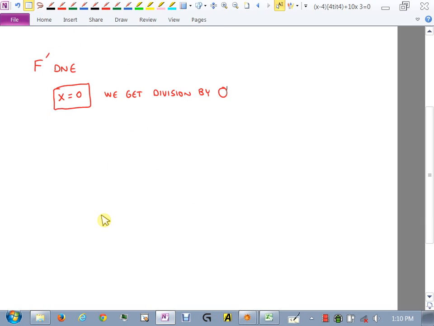Oh, the trig one. I said that was going to be an issue, right? So 2 cosine theta, f of theta, sorry, they call it f of theta. F of theta equals 2 cosine theta